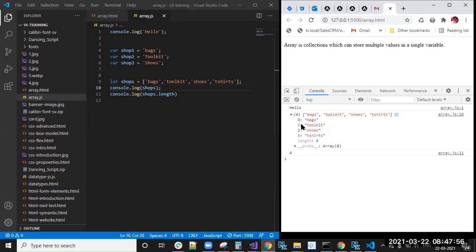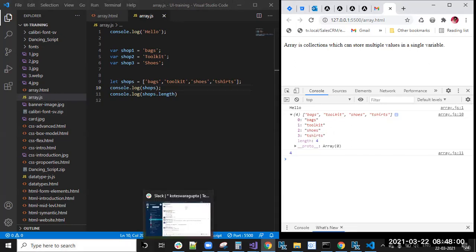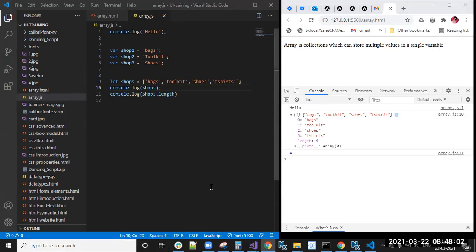Actually, array indexes start from 0. The 0th position has bags, 1 is toolkit, 2 is shoes, and 3 is t-shirts. So now length is 4, but indexing started with 0, right?